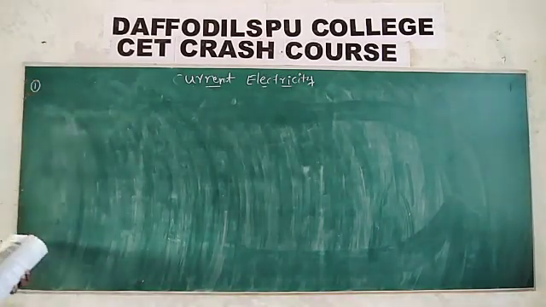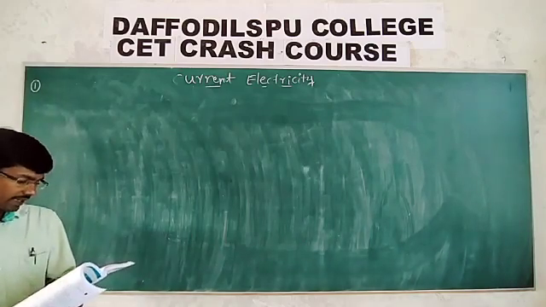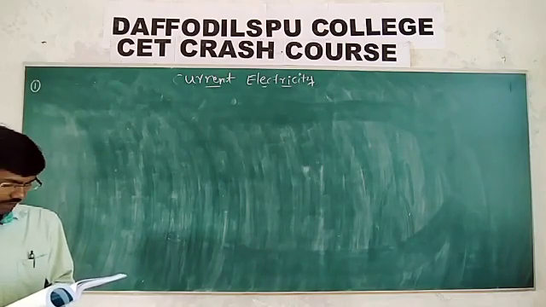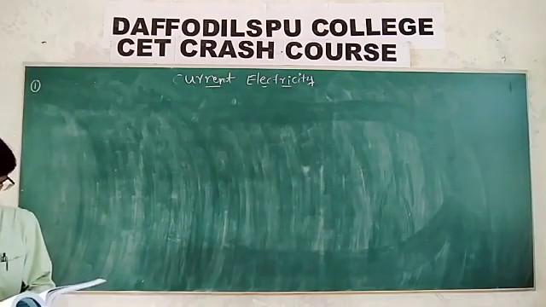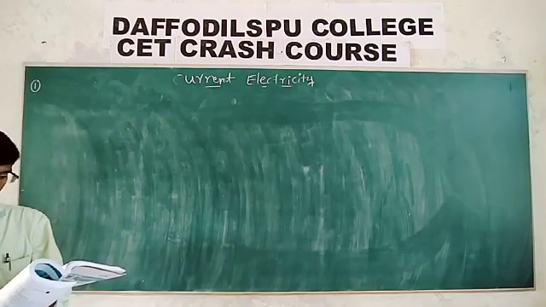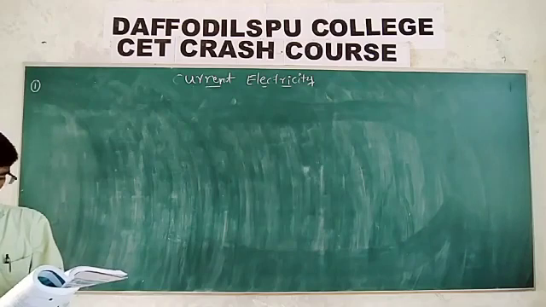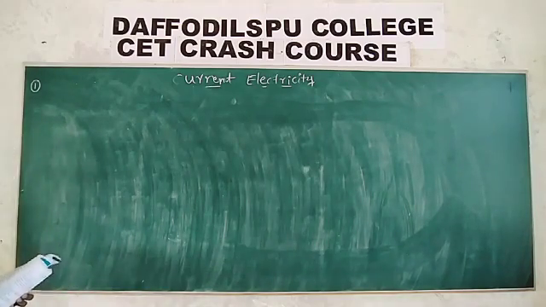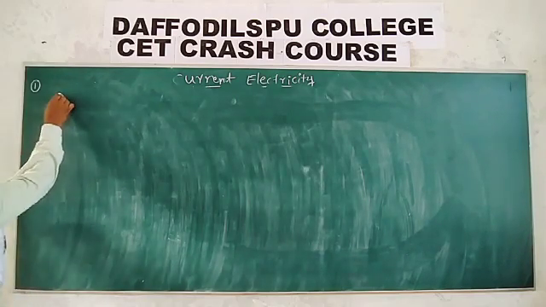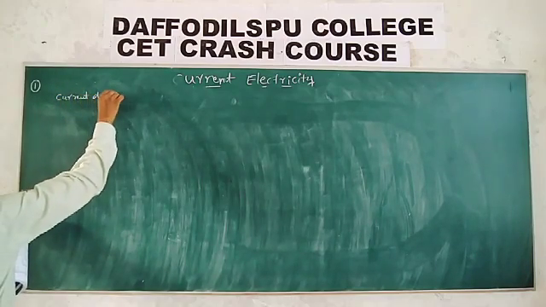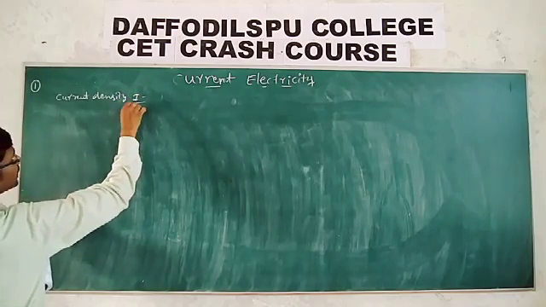We get the first example. The belt of an electrostatic generator is 50 cm wide and travels at 30 cm per second. The belt carries charge into the sphere at a rate corresponding to 10 power minus 4 ampere. What is the current density of the belt? They are asking here for current density, but not current. What do you mean by current density? Current density is equal to current flowing per unit area, I by A.